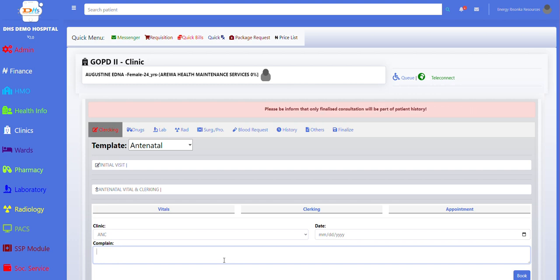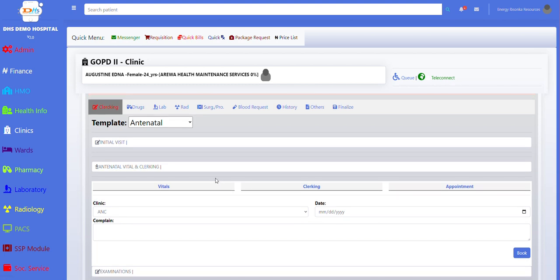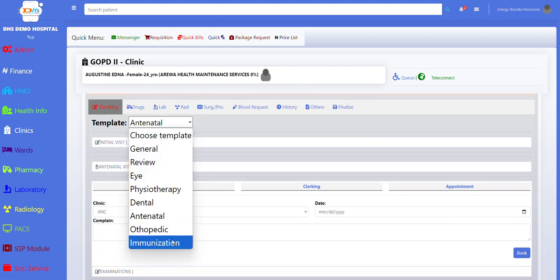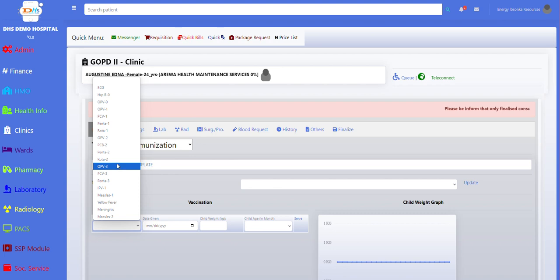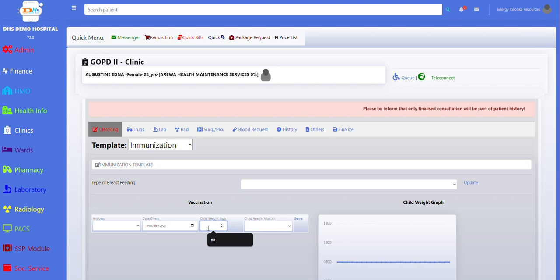And while doing that, you need to write the complaint, the reason why you are sending the patient, just for the doctor to have a hint of the reason why the patient is being referred to their care. So basically that is for the antenatal template,